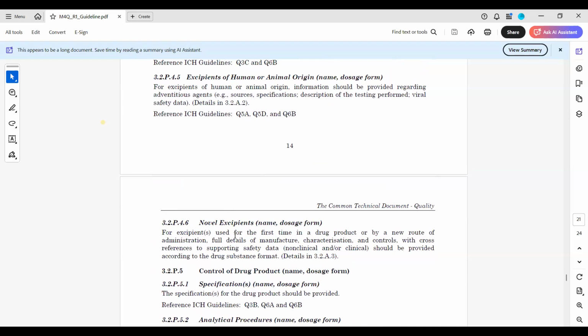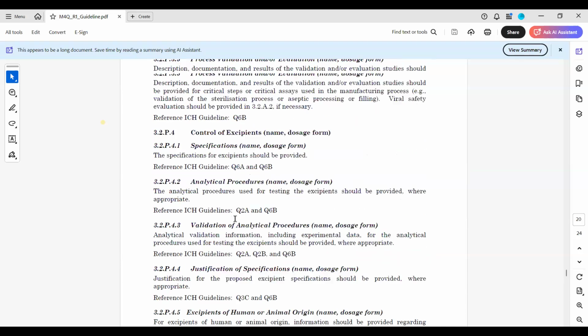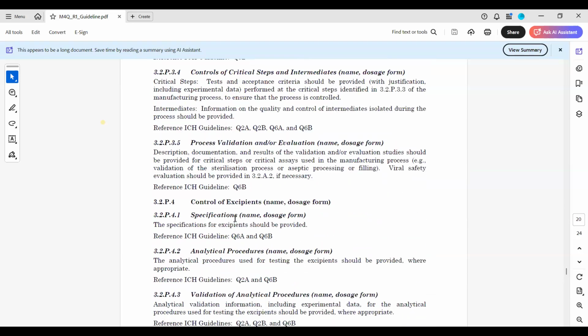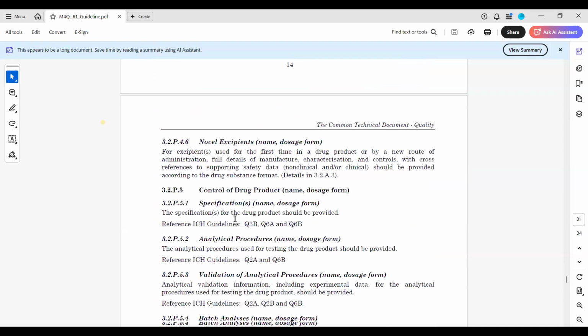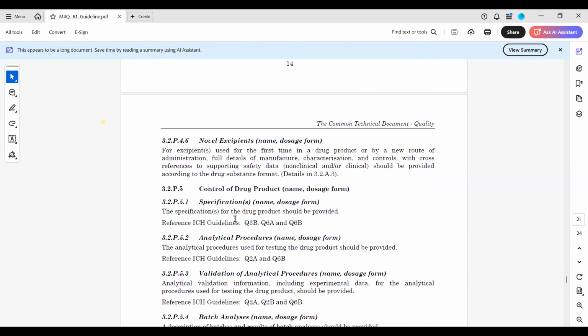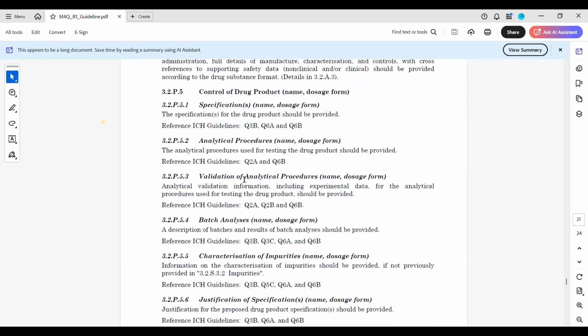And if there are any novel excipients that are being used in the manufacturing of the drug product, then we have to submit the information under 32P46. So this is about your excipients that are used in the manufacturing of the drug product. So all the data related to the excipient goes under 32P4. Then comes your 32P5, which is control of drug product. All the specification, analytical procedure, validation of analytical procedure goes under